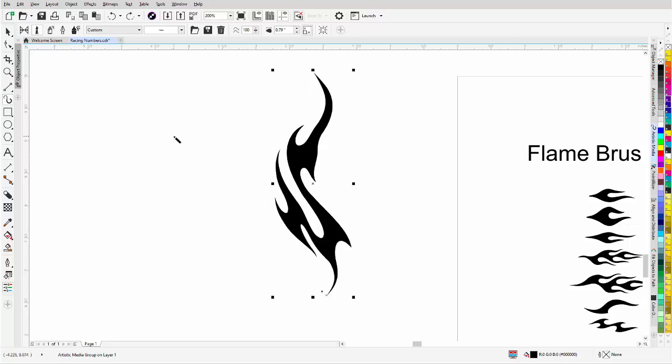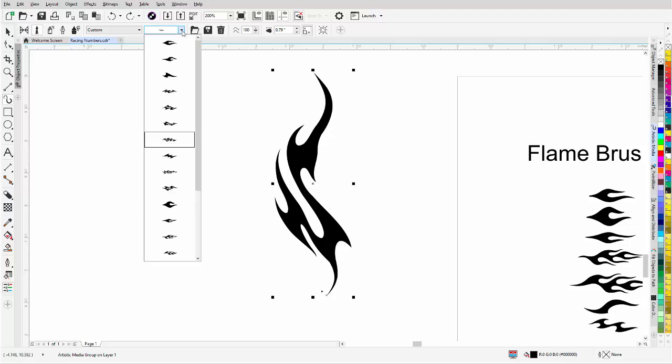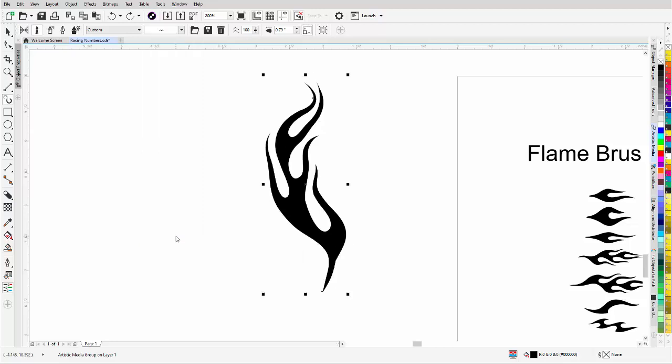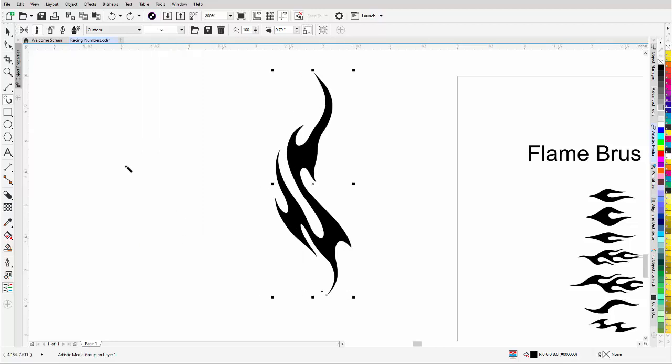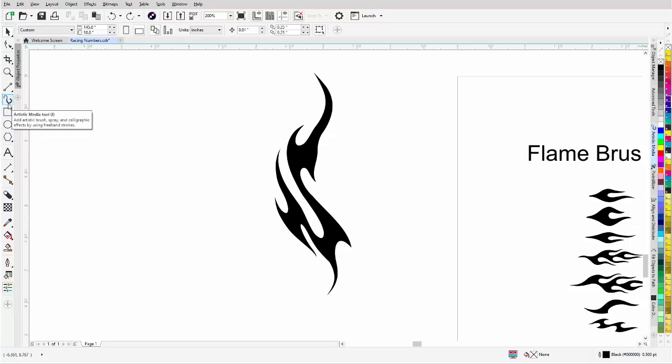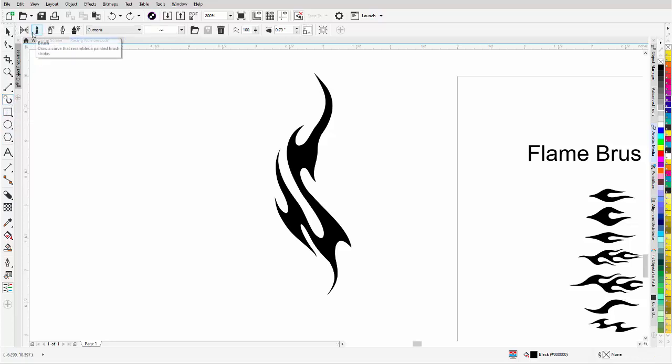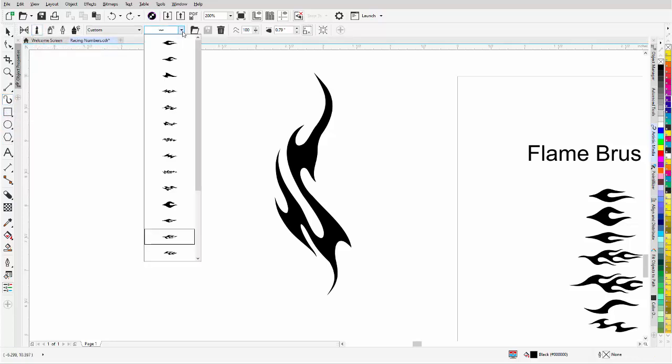So once you've set up a line to put your brush or apply it to, you can go through your different brushes and see how they look applied to that same line. As you can see there, and I'll hit Control Z and go back again. Go to my pick tool, I'm going to click off, I'll go back to the artistic media tool, make sure I'm on brushes, come here to my brush list, come down here and take a look at something like,